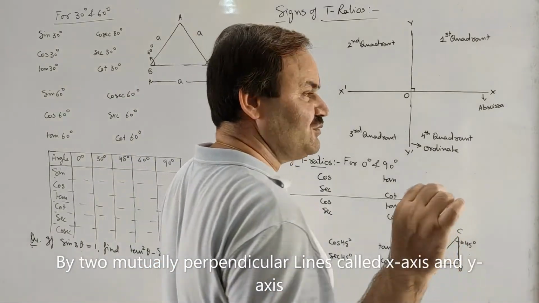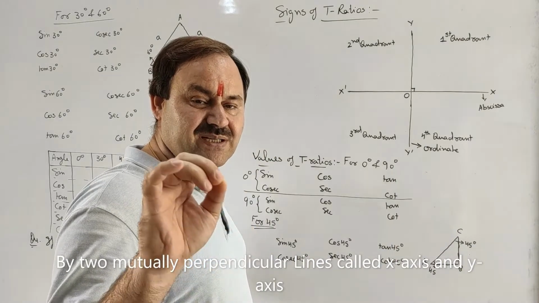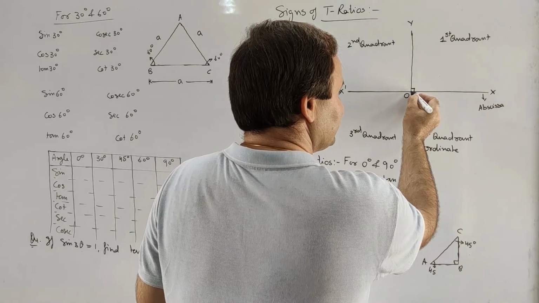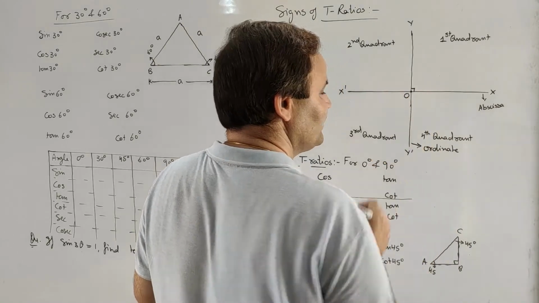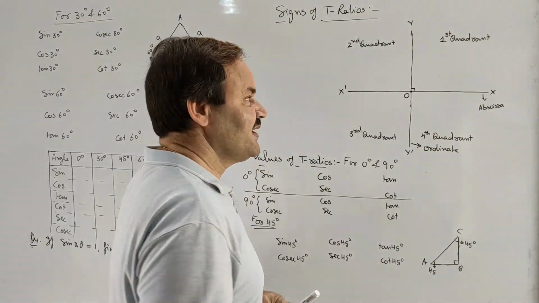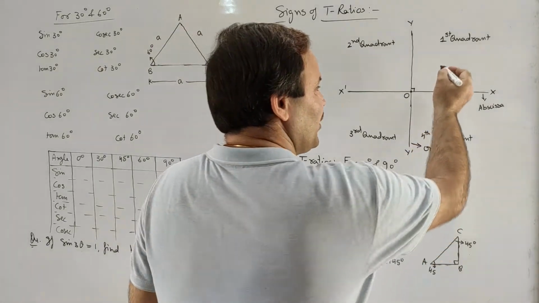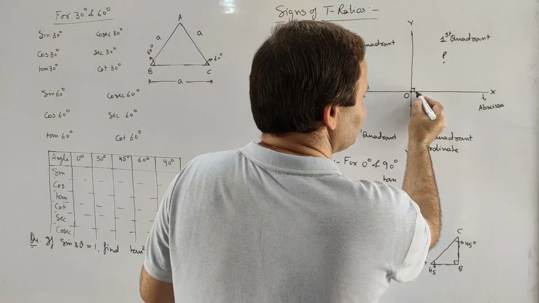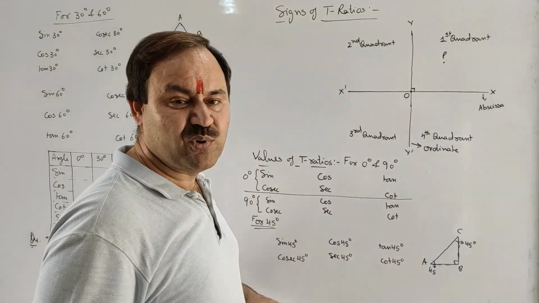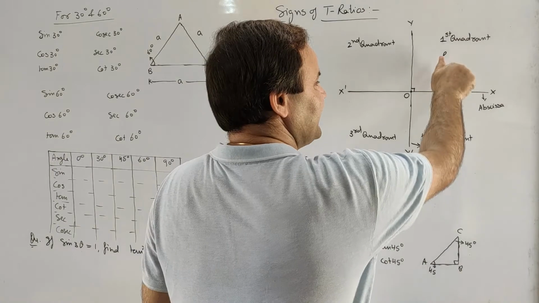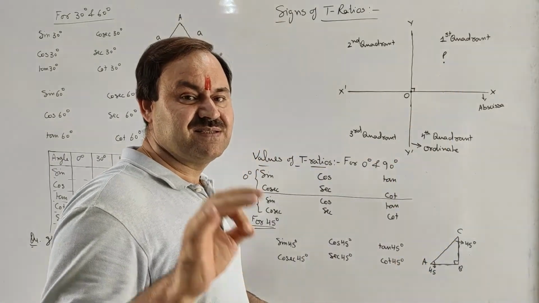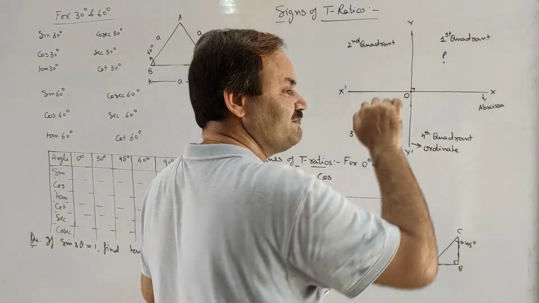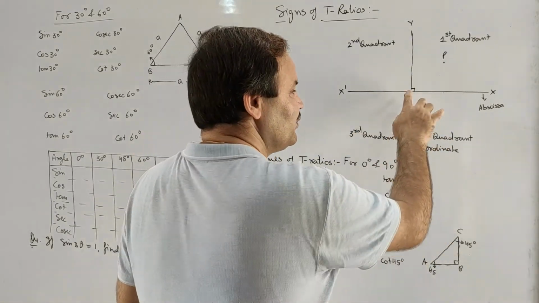If we have to represent a point in this plane, then to represent the point we will have to start from origin, and say the point is P. Then to reach point P, first we will move along positive x-axis and then along y-axis. That is, in order to locate a point in this plane, the starting point will be origin.